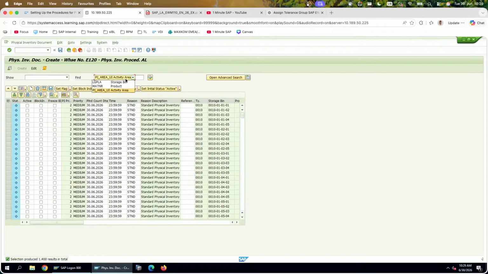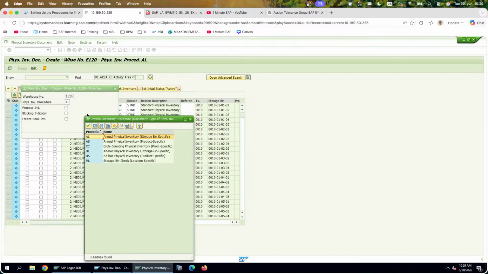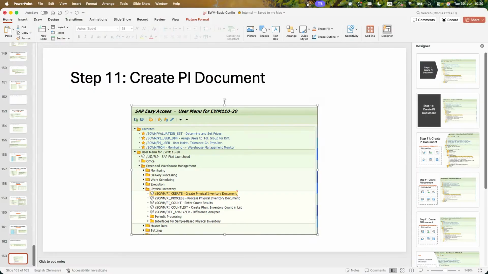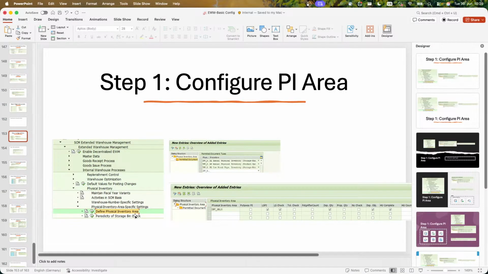If I select the annual, then we find something, but if I search based on the ad hoc physical inventory, I don't find anything. Could be something relevant to the previous settings of ours, right? Isn't it? When we define the physical inventory area, did we forget to have the